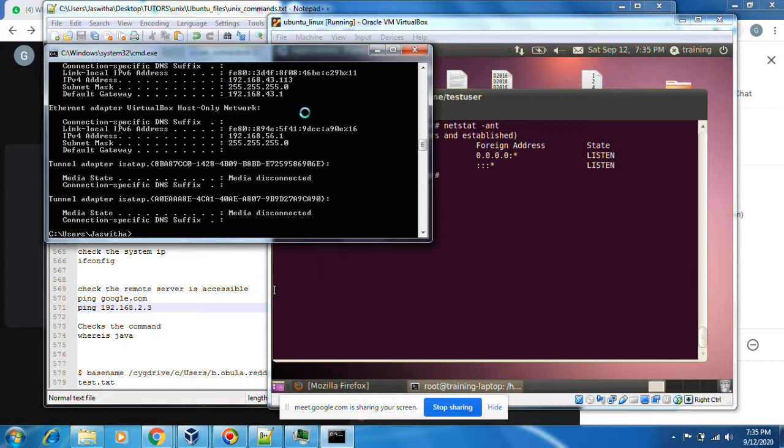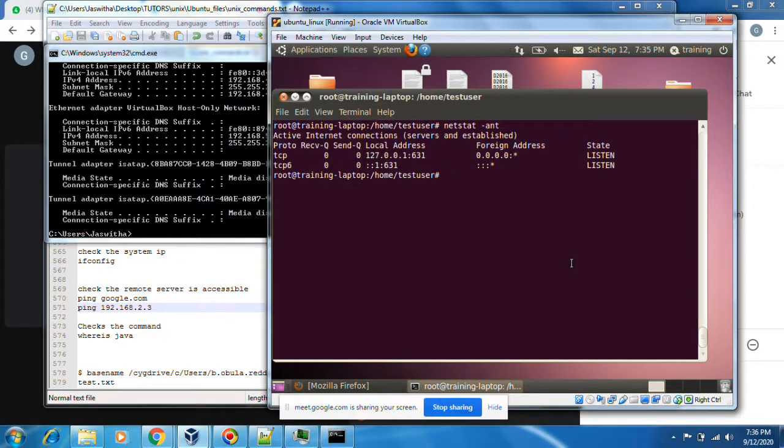Like our names, as human beings, we have a name and also a UID or PAN number. PAN numbers and UIDs are different, but names can be similar. It is the same for each system in the network. This IP address is unique, and through it alone we can identify the particular system. How can we check whether this system is accessible from this system?